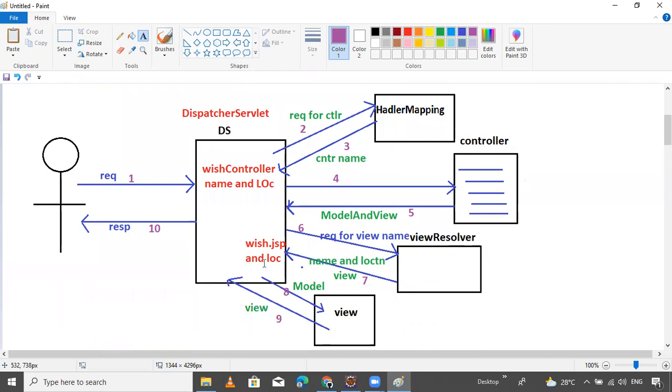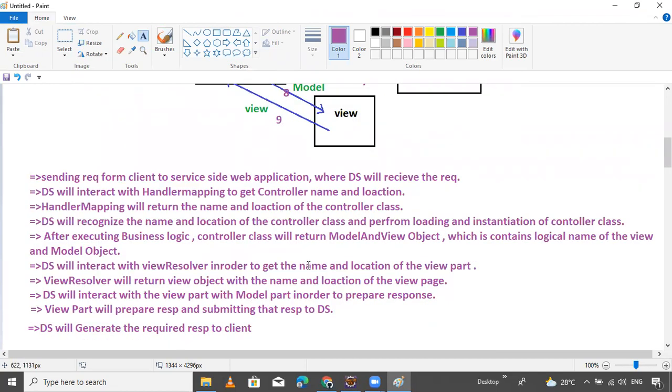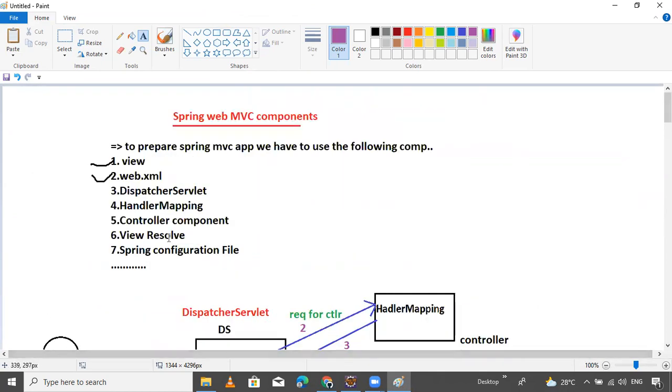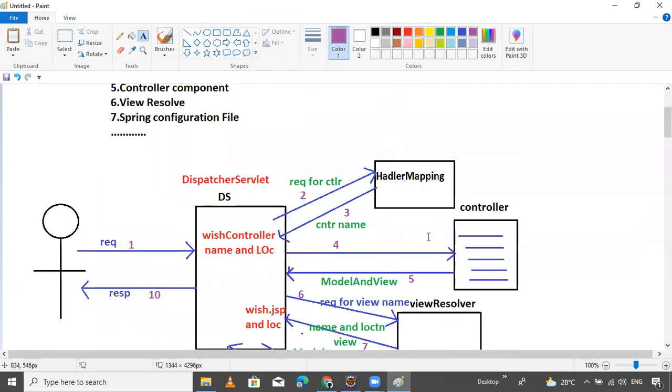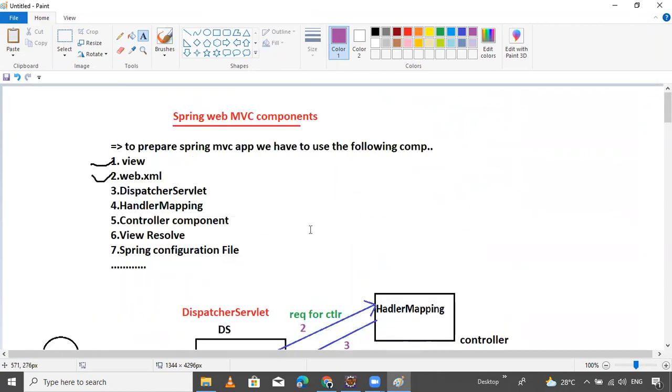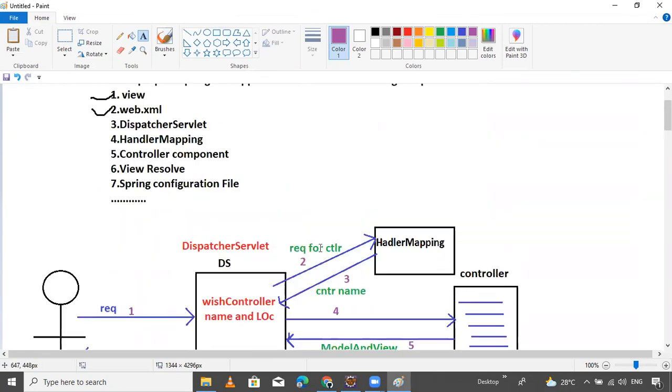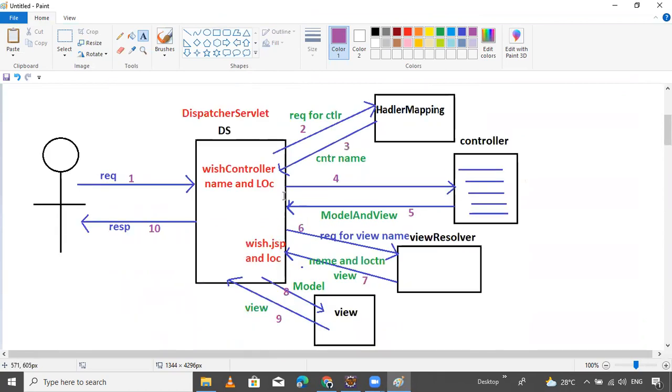So try to observe a little bit. Read this statement, guys, one time. Now, after that, I will discuss the next component. What is the handler mapping? One by one, I will discuss handler mapping, and after that controller, view resolver, and the Spring configuration file. All these things we will progress one by one. Then, when I discuss handler mapping, we will get more clarity, guys.